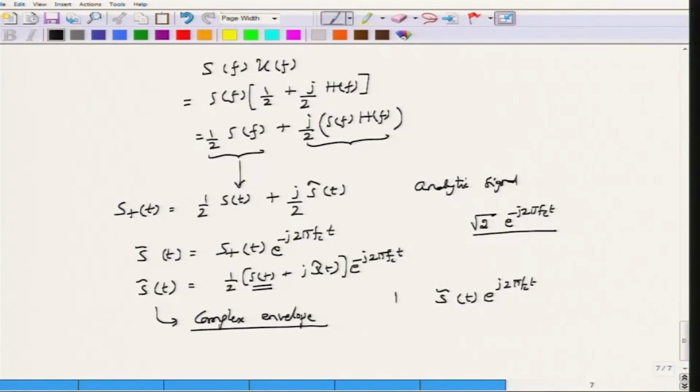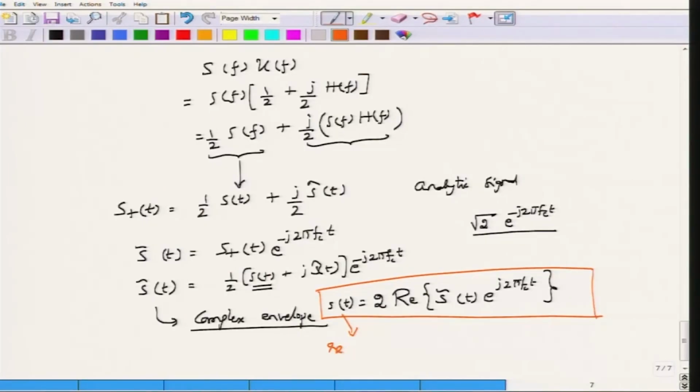This part can be recovered by writing this as the real part of it, right. So, if I take the real part of it, I simply obtain S of t. Of course, what I will obtain is half S of t. So, therefore, I need to multiply this by a factor of 2. So, I can go from S of t itself, which is a real valued signal. So, this is a real valued passband signal. From this real valued passband signal, I can go to the complex envelope. Okay. I can go to the complex envelope, and then I can recover the real passband signal from the complex envelope